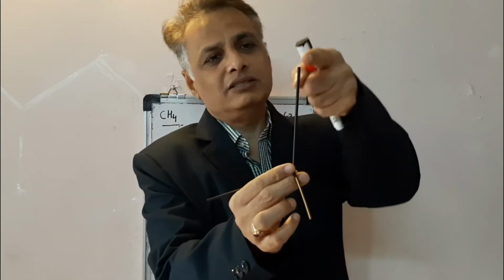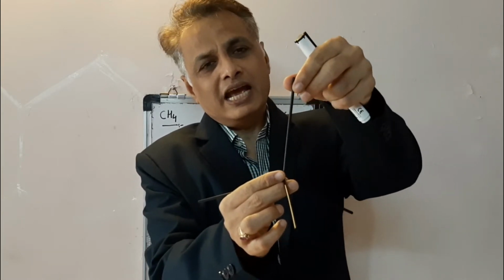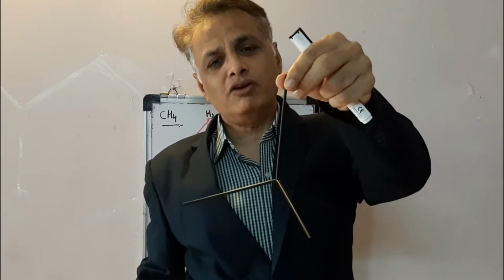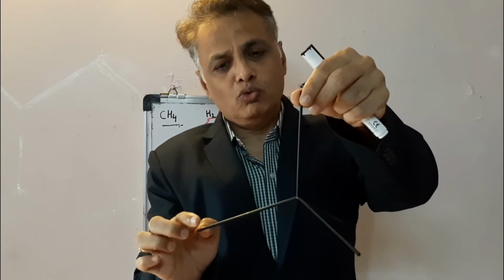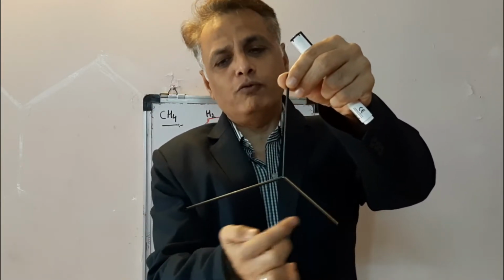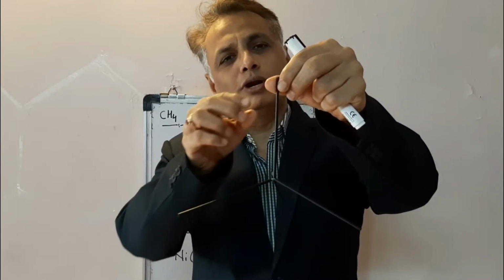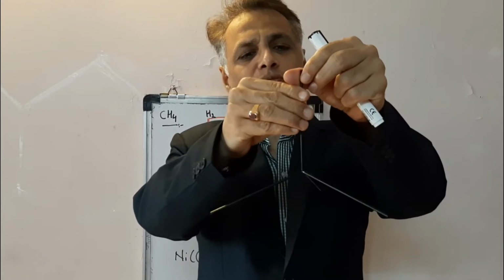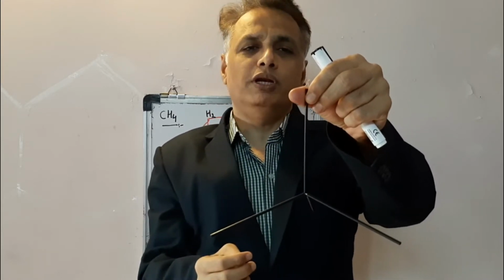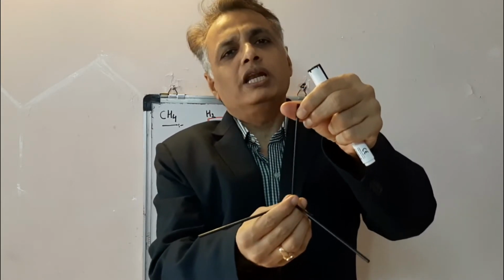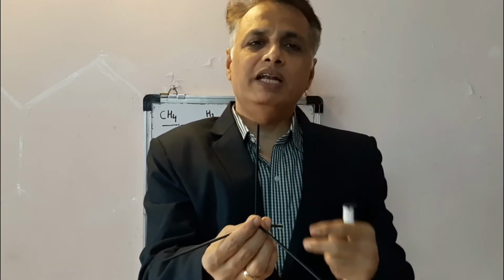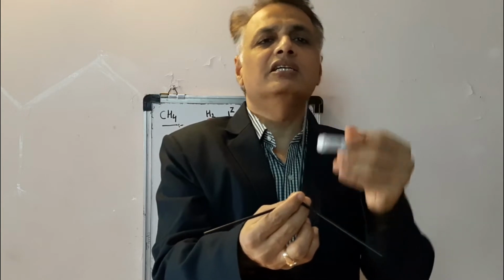If we consider this CH1 as an axis, and it is rotated by 120 degrees, then H1 remains unchanged, but 2 would be shifted to 3, 3 to 4 and 4 to 2. Another 2 rotations by 120 degrees bring the molecule into the original configuration. So 3 rotations by 120 degrees are required to get the original configuration. So this CH1 is considered to be our C3 axis.